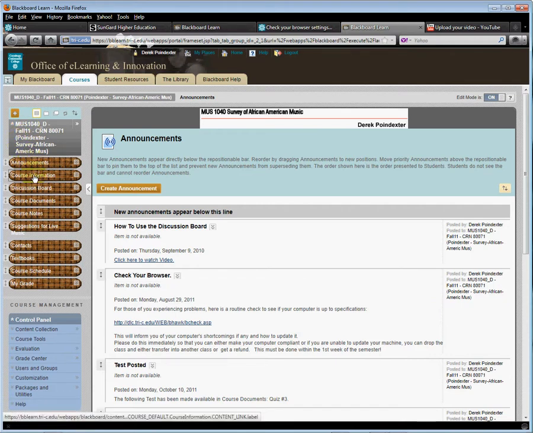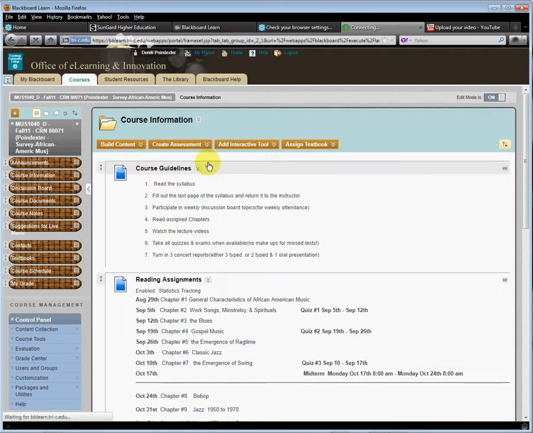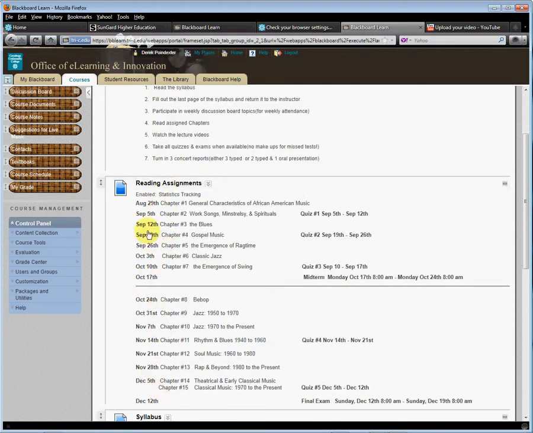Course information. Let's click on that tab. Course information contains all the things you need in order to do well in the course. The course guideline. These are the things you need to do in order to pass the course. The assignments. Here's your assigned reading, the weeks in which they're assigned to be read, what the subject matter is,